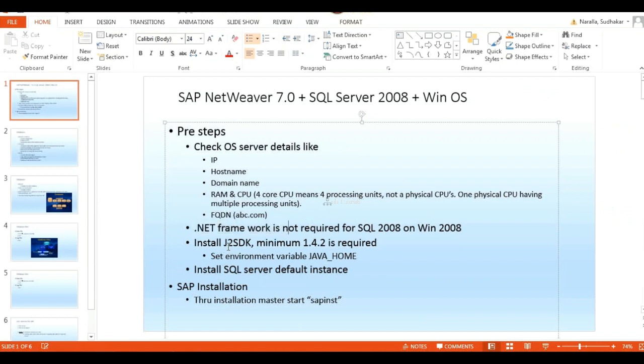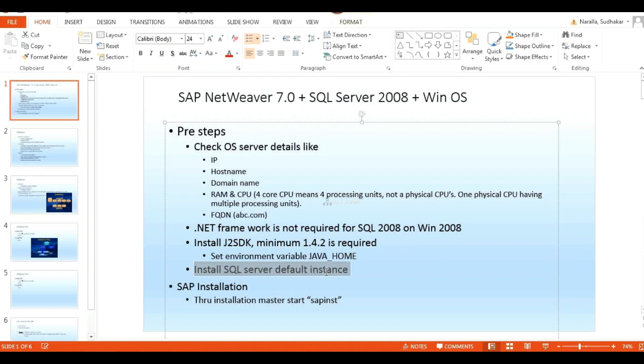Yesterday Rajesh asked me what the minimum J2 SDK version is. J2 SDK means Java Development Kit, and the minimum requirement is 1.4.2. Once Java is installed, we need to set the environment variable with the variable name JAVA_HOME.